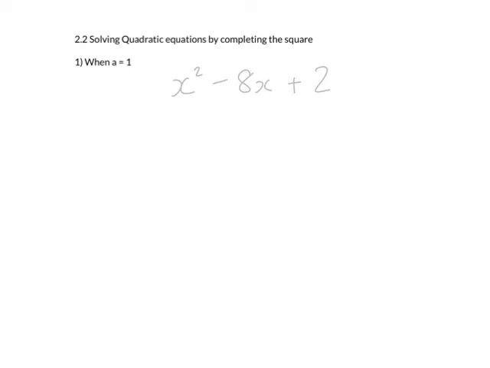These are the notes for 2.2, solving quadratic equations by completing the square. We're going to start with the case where a is equal to 1, as with this quadratic here. We identify b and c straight away. The first thing we're going to do is halve b. That's the first thing you always do, halving b,